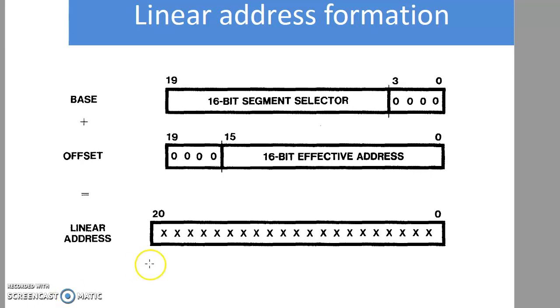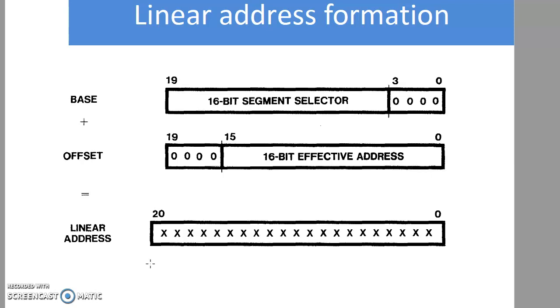As you know, 8086 has a 20-bit address bus, so the address in 8086 is of 20 bits, whereas the 80386 address bus is 32 bits. So in virtual 86 mode, a 20-bit linear address has to be created to support 8086 features. We saw how that works.